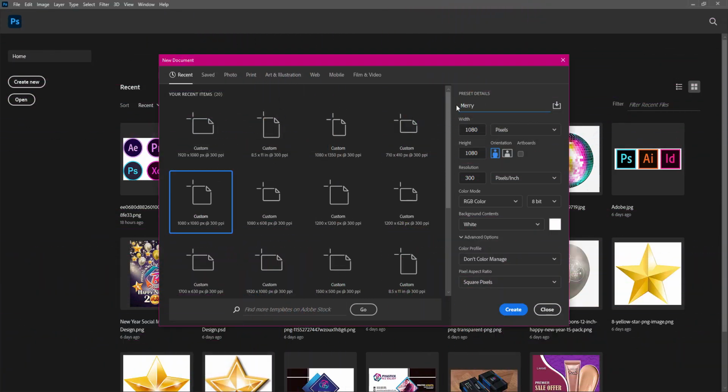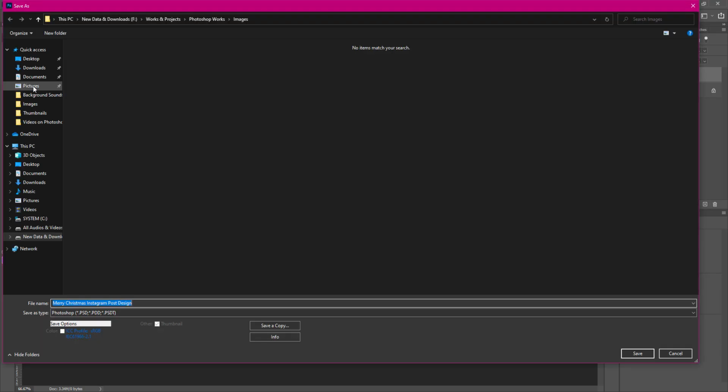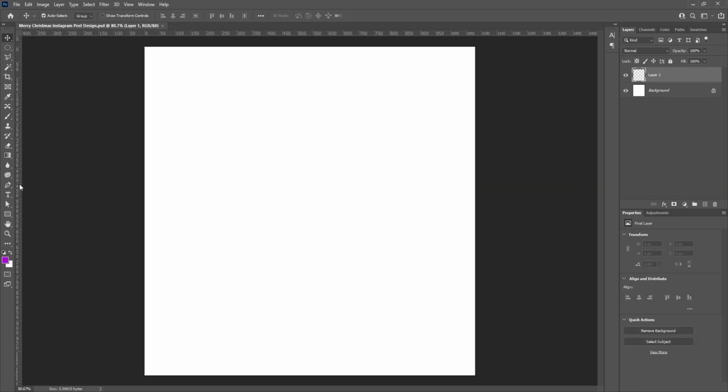Creative and eye-catching social media post design in Adobe Photoshop regarding Merry Christmas. I am going to design it as per Instagram dimension, which is 1080 by 1080 pixels in size with RGB color mode. Normally this type of wishing social media post design like New Year or Merry Christmas doesn't need any